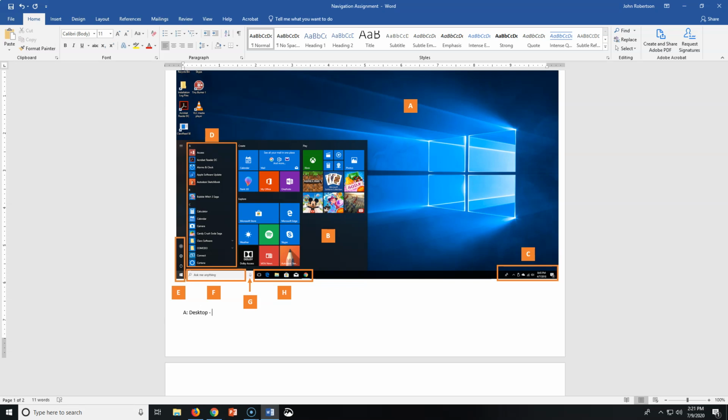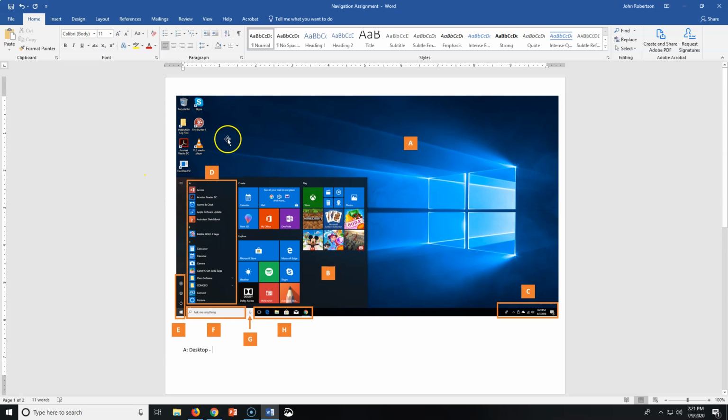So the desktop, what does the desktop have on it? Well, I can see behind it, and I remember from reviewing my lecture that it has some links and the recycle bin, as well as some blank space here too, which I might find helpful.